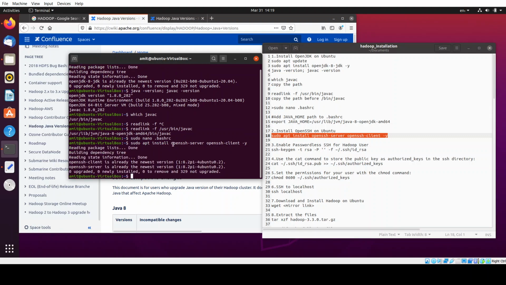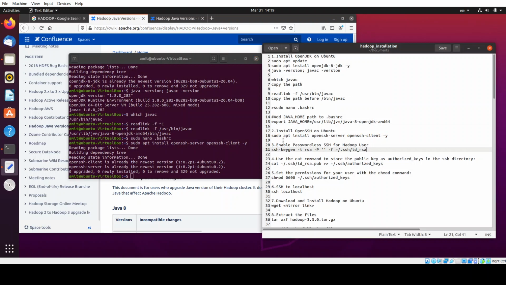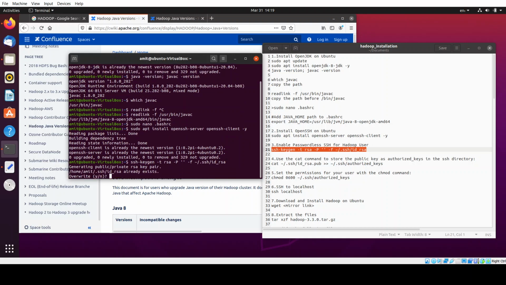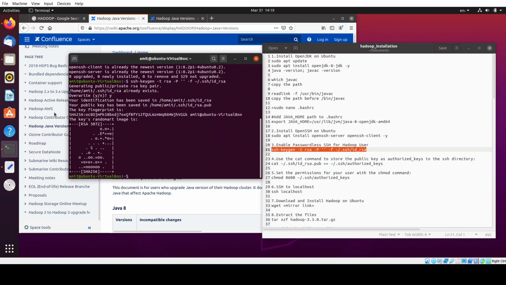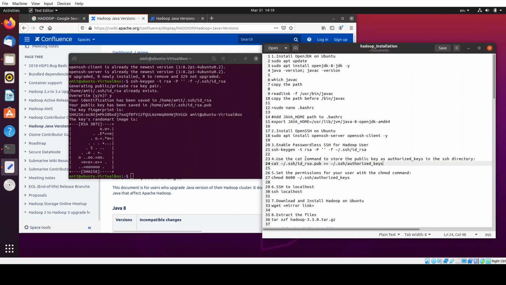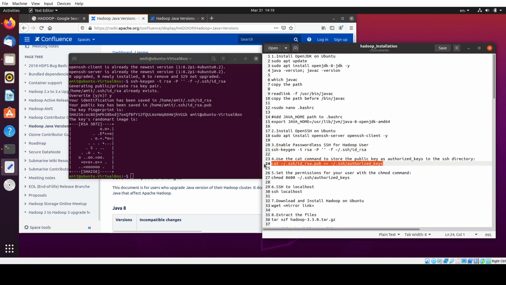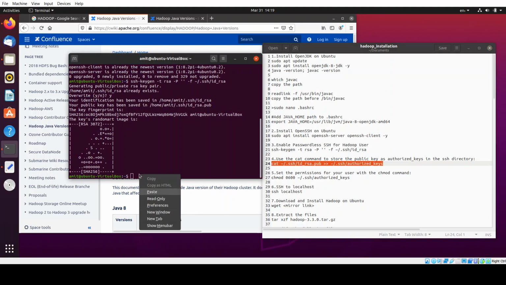Next we need to enable passwordless SSH for the Hadoop user. You don't want to enter the password again and again on SSH, otherwise it's not very useful. Let's overwrite it. Okay, the key is created, and now use the cat command to store the public key as authorized keys in the SSH directory. Copy this one, go over here, paste it.